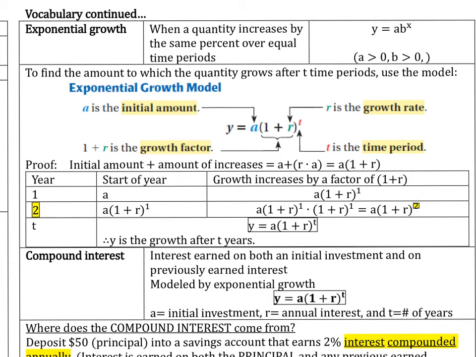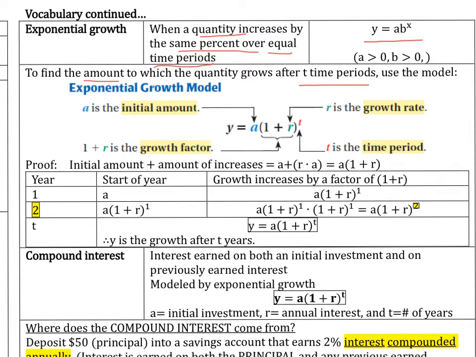Exponential growth occurs when a quantity increases by the same percent over equal time periods. And this can be modeled by the exponential function which you learned in the first part of this lesson, y equals a times b to the x power, where a is greater than 0 and b is also greater than 0. Okay. To find the amount to which the quantity grows after t time periods, we can use this